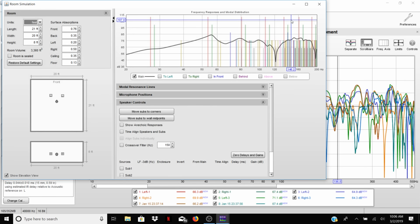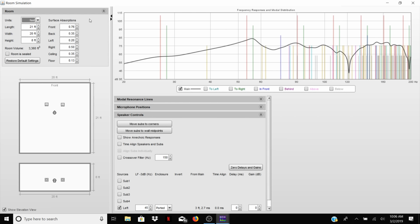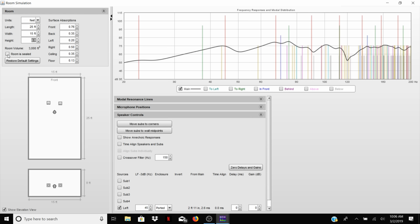So here I'm going to show one of the neat features that Room EQ has, which is a tool for simulating basically room modes and SBIR effects. So room modes are what happens when sound waves bounce off of boundaries in the room, and then as they pass by you, the listener, interfere with the sound waves coming either from other reflections in the room or the speaker itself. At low frequencies, most of what you hear involves reflections around the room,